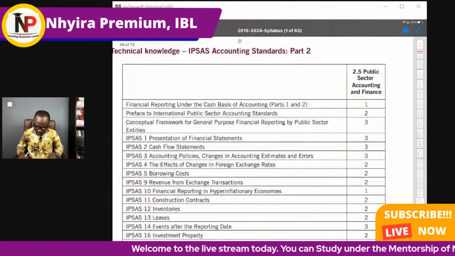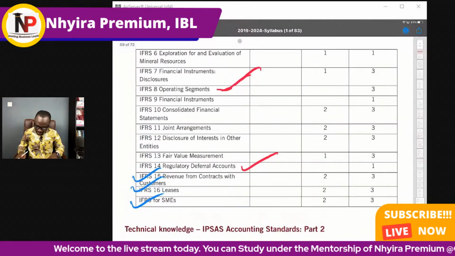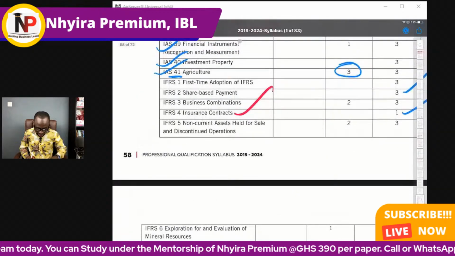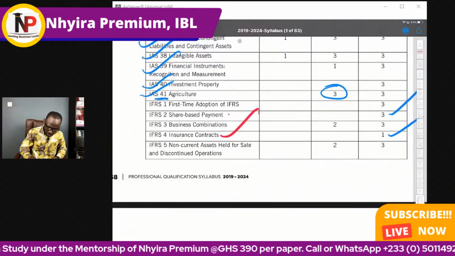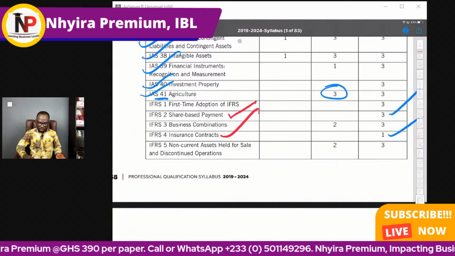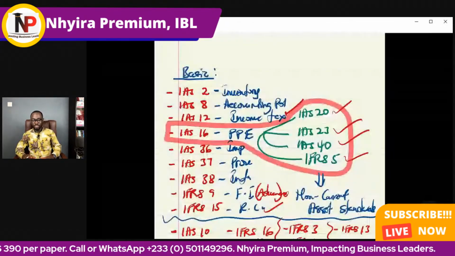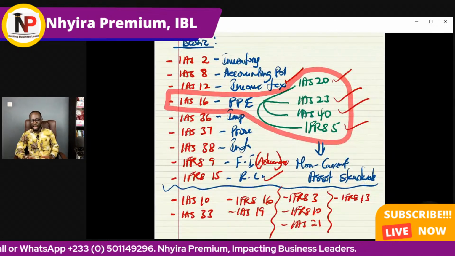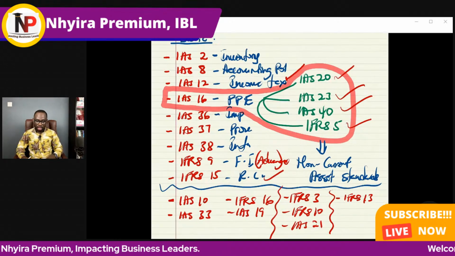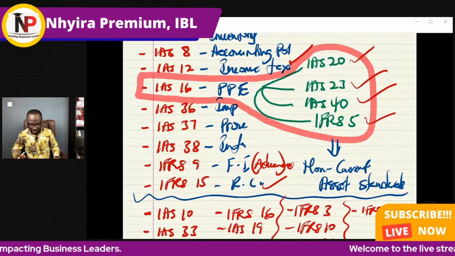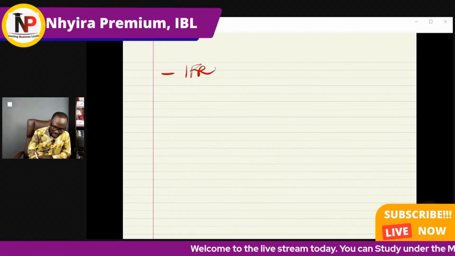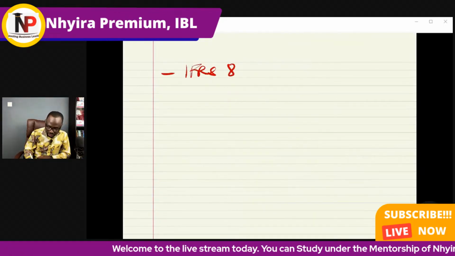So these are some standards that you need to look out for. Then we have IFRS 2. I think I skipped that. Share-based payment. There is no way I could forget about that. So in addition to these standards that we have here, we're going to be expanding on it and then adding a number of standards like IFRS 8, operating segment,